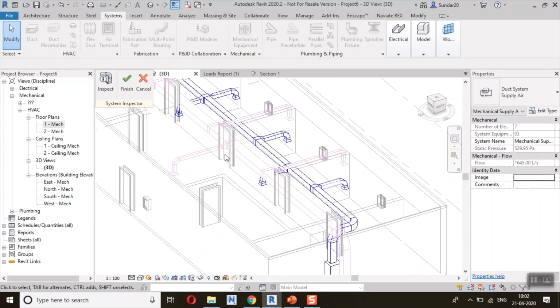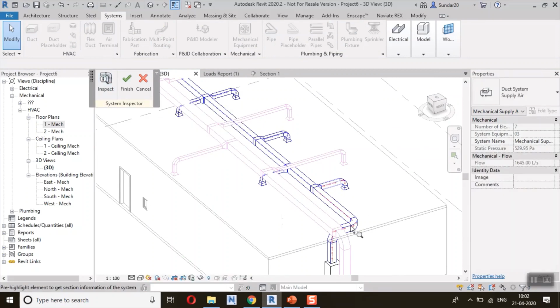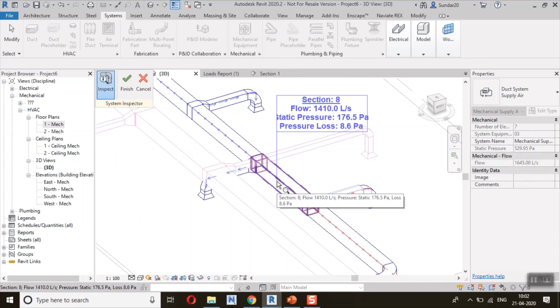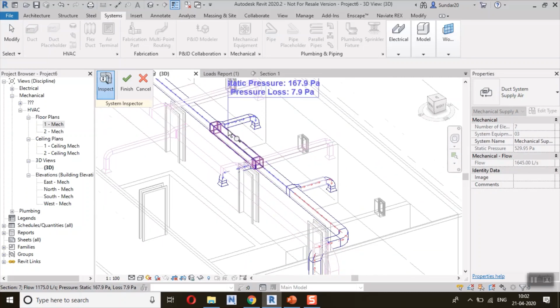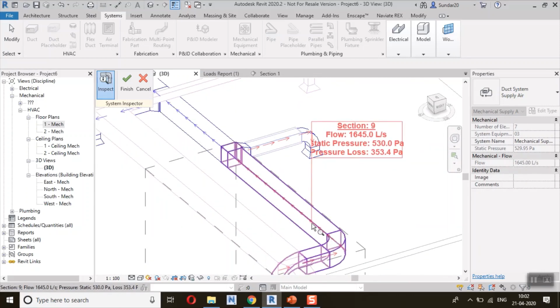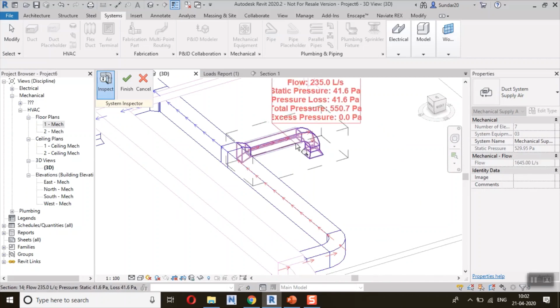Use this inspect option. See, it's showing the flow value in L/s, static pressure value, and pressure loss. So blue color is normal and red color means more pressure loss is there.